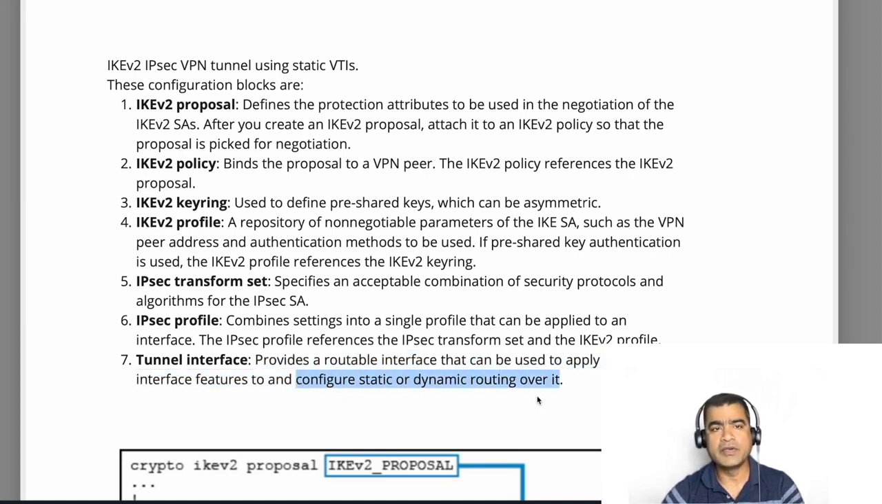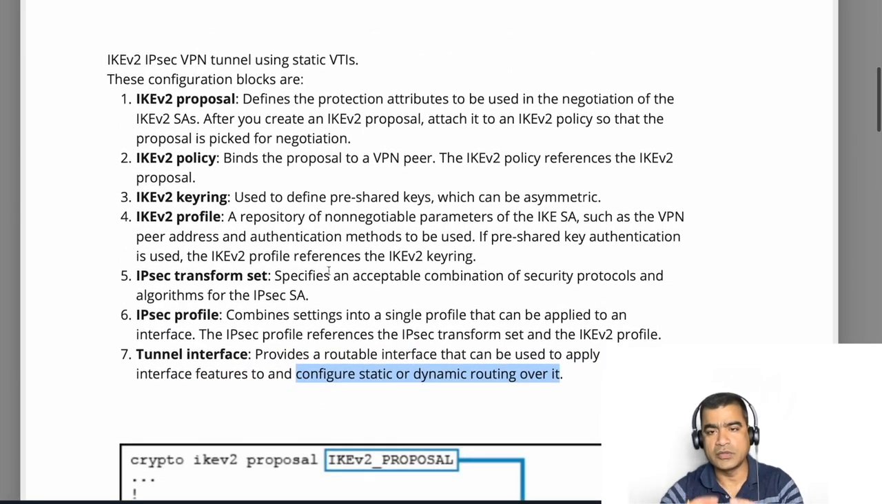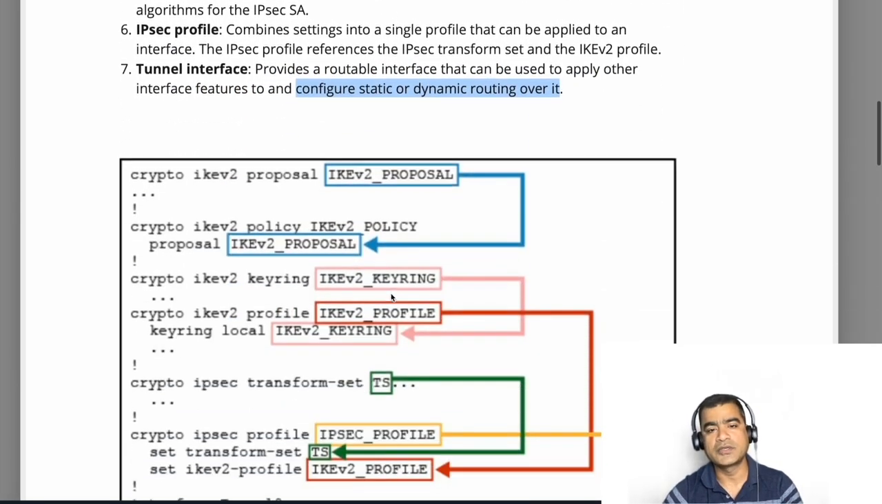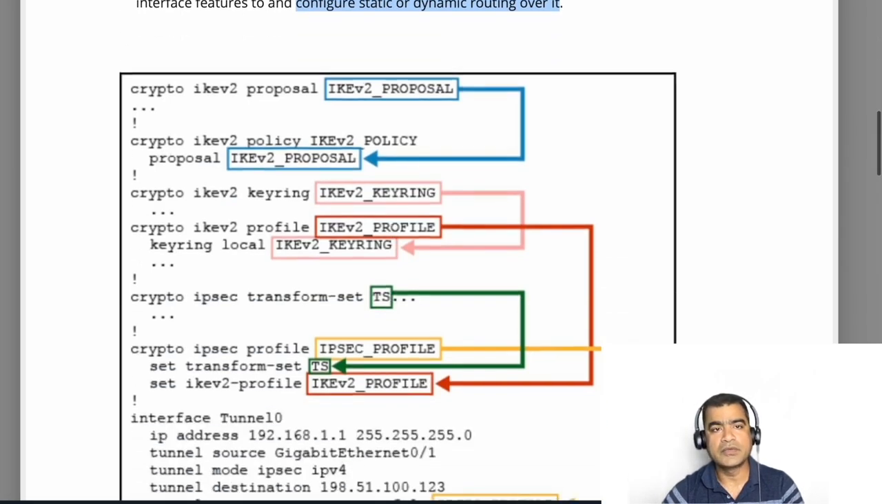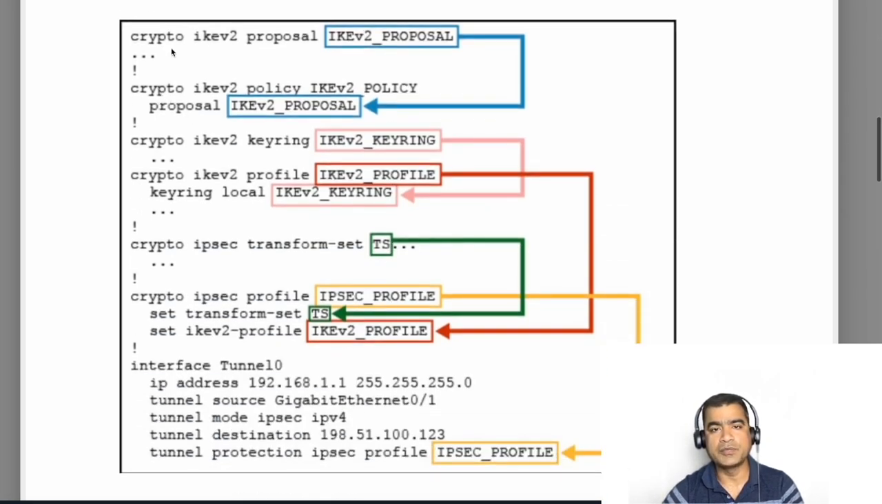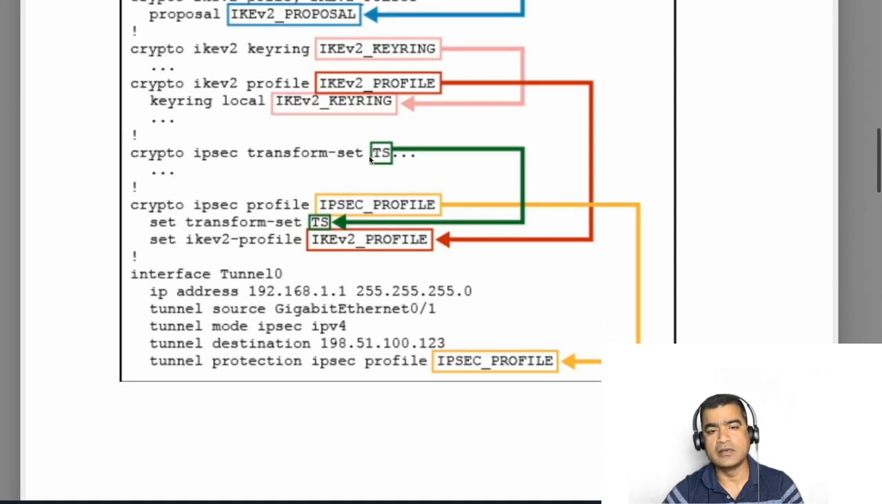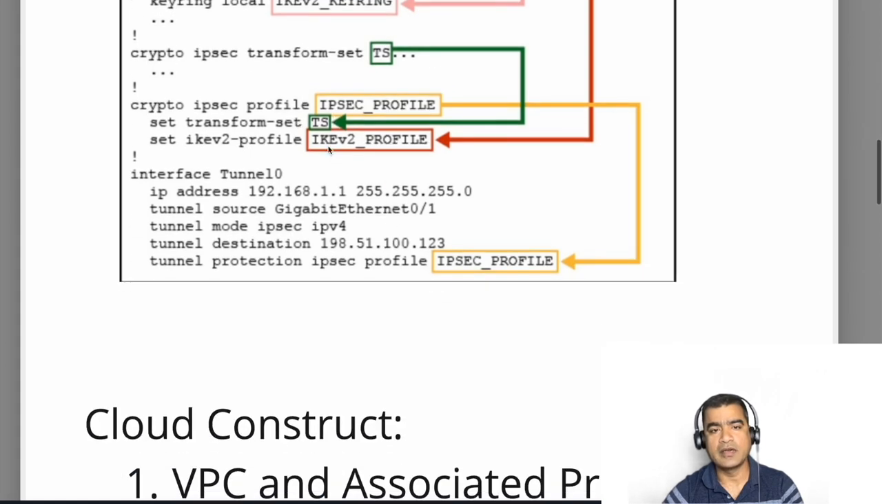Again, whatever we discussed here, how they are nested or how they are linked together, this picture shows you that. So the IKEv2 proposal goes into the policy. Then we have the keyring. The keyring goes into the IKEv2 profile. And then we have the transform set, which is called under the IPsec profile. Also, the IKEv2 profile comes under the IPsec profile. And finally, we are calling the IPsec profile under the tunnel interface. Okay. So this is what you need to know from